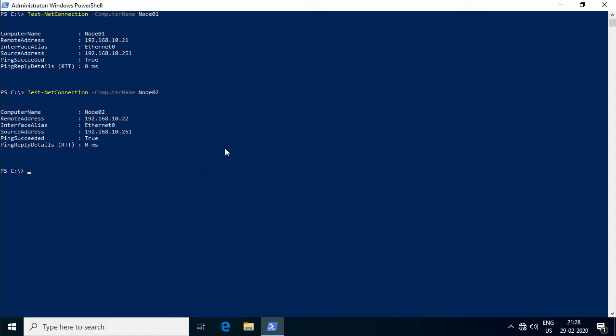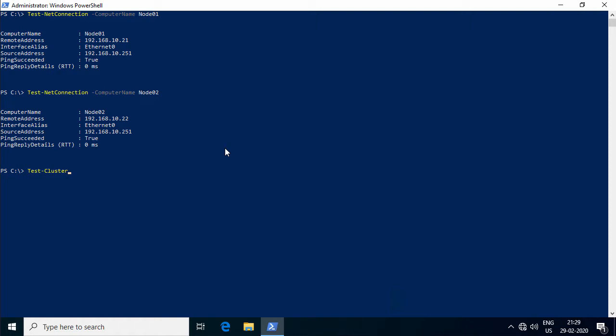The next step would be to validate the cluster nodes before the failover cluster is created. Pre-validation of failover cluster nodes can be performed using the failover cluster MMC snap-in, which would be available in the cluster nodes. However, it can be performed using PowerShell as well via the commandlet Test-Cluster. So I'm going to run this PowerShell commandlet to test and validate the cluster nodes for any errors with respect to storage, network, inventory, system configuration, and Hyper-V configuration.